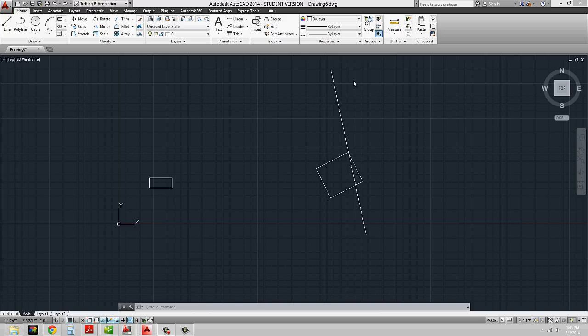To continue, what I want to go over is some of the stretching commands. The stretch command can be found up in your modify ribbon up in your tool menu, and that's where the tool button is for it. What stretch does is it allows you to stretch an object or objects either to a distance or to another object. What this is particularly helpful for is that when you start to do surveys and